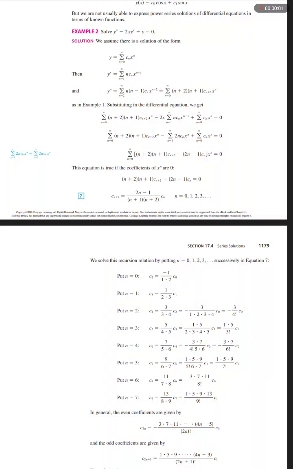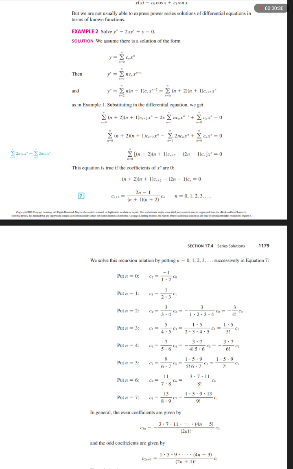Example 2, solve y double prime minus 2xy prime plus y equals 0. Solution. We assume there is a solution of the form y equals the sum from n equals 0 to infinity of c sub n times x to the power n. Then